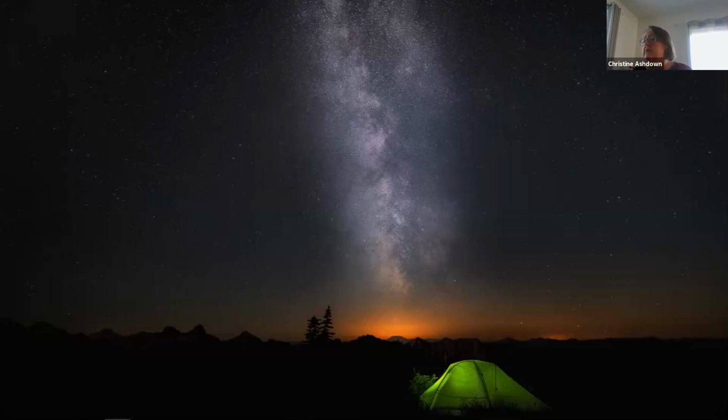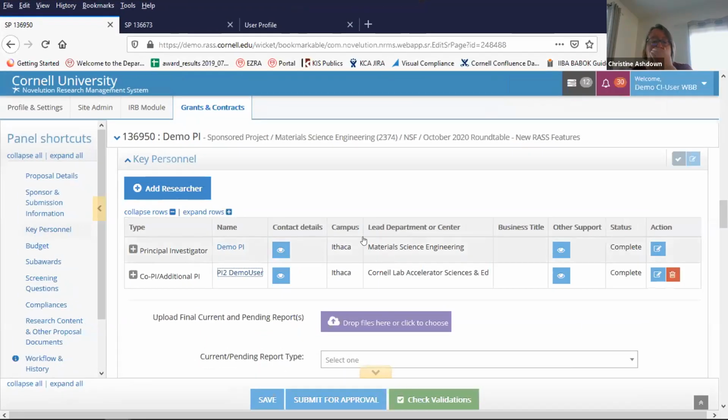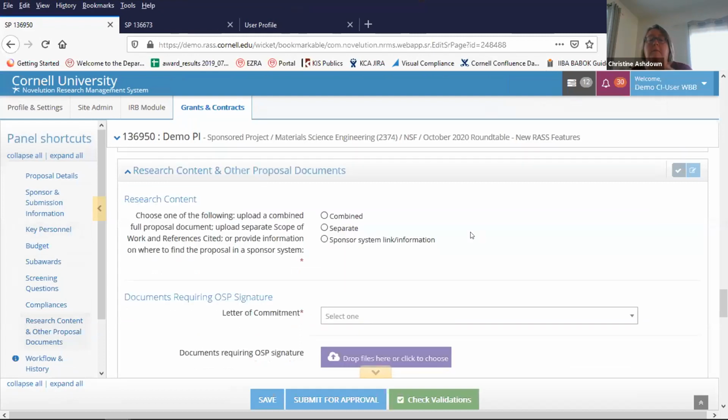And one of them is the ability, if you are using RASS for your proposal development right now, you may recall that there is a combined and separate option within the research content and other proposal documents panel of your proposal record. We now have a third option, which is labeled sponsor system link and information. In checking that, it allows the,